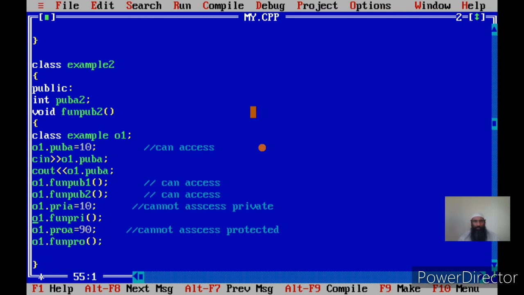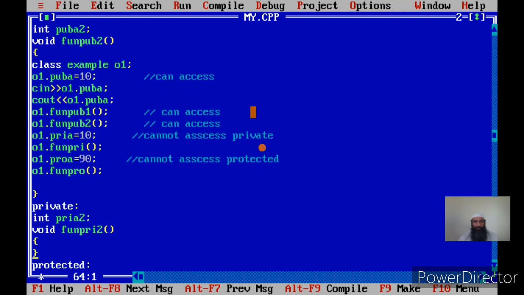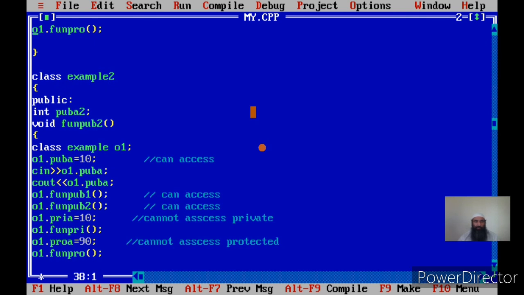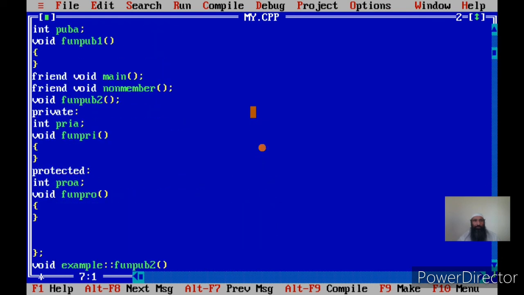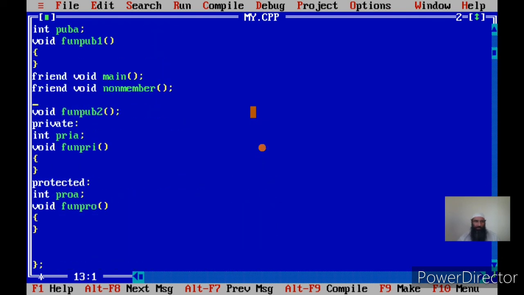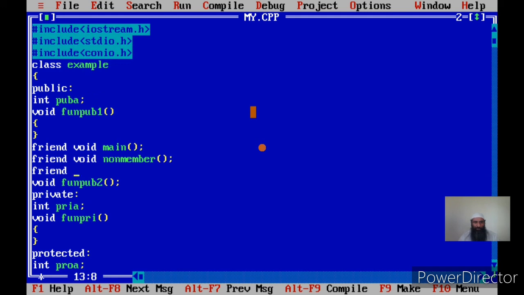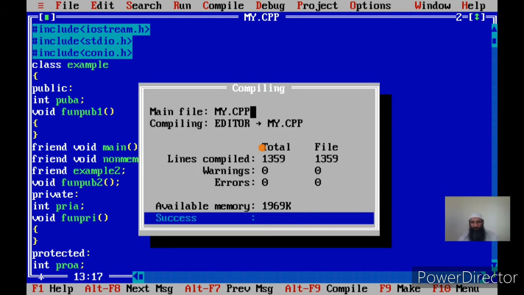Actually, we will make all these member functions capable of accessing the private and protected parts of class example through its objects. How? We make the entire class example2 a friend of class example. We write the keyword friend again and request the class example to make example2 its friend. Let us see what happens once we compile.